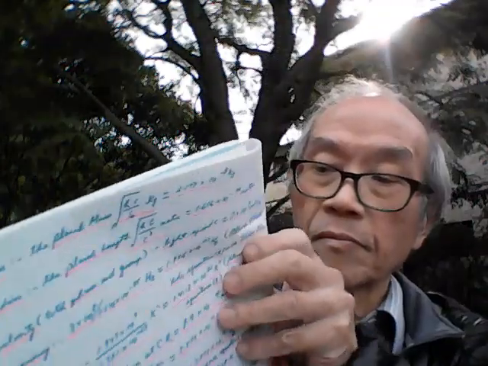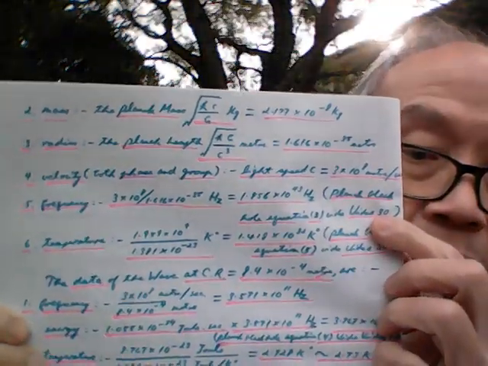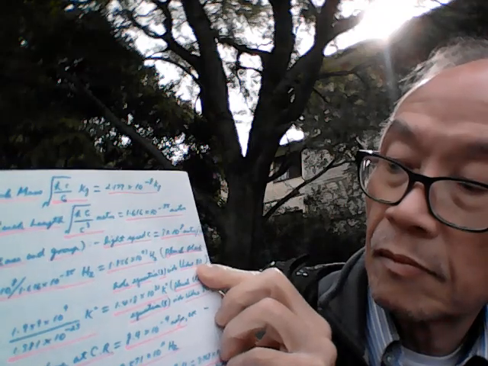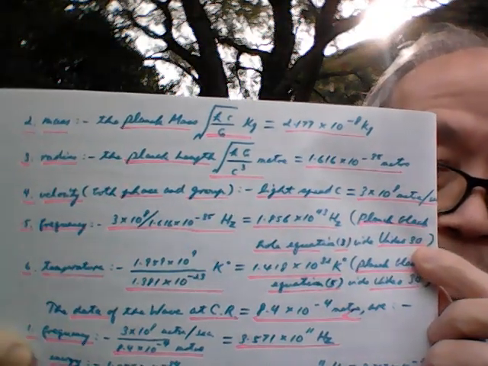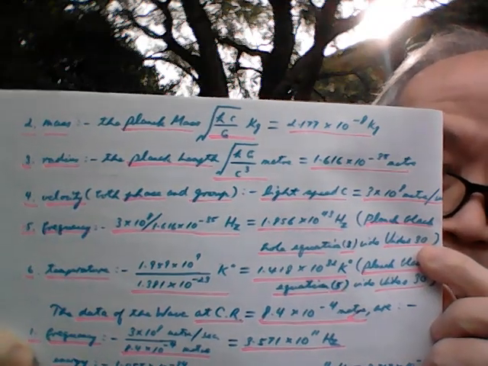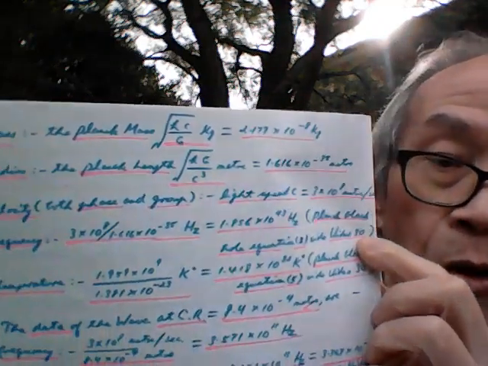Hertz means cycle per second, equal to 1.856 times 10 to the power 43 Hertz. This is by the Planck black hole equation